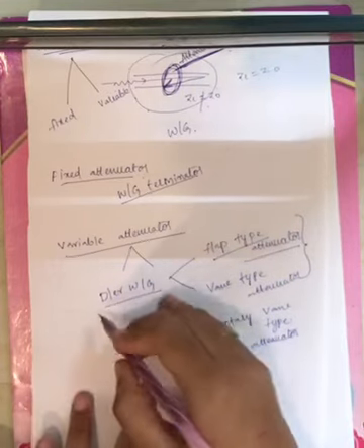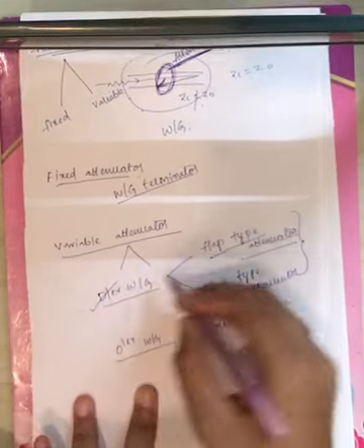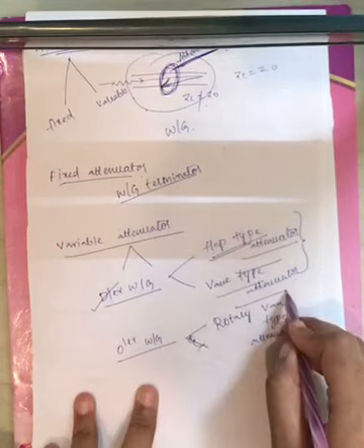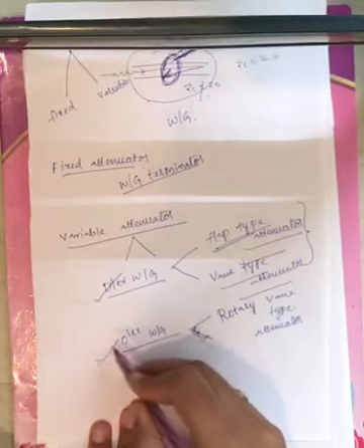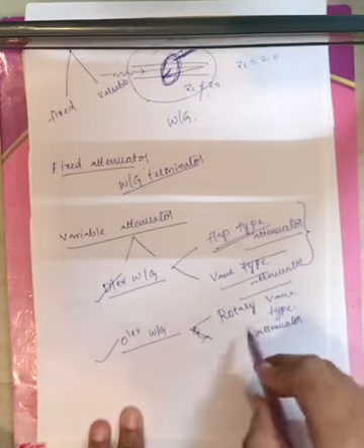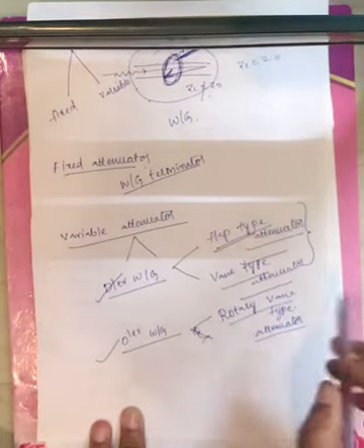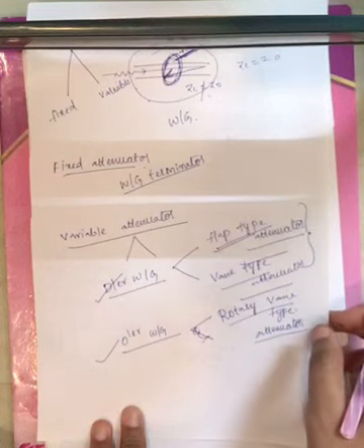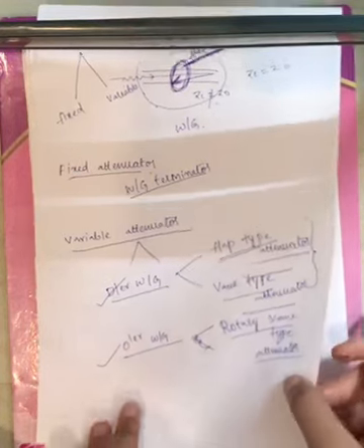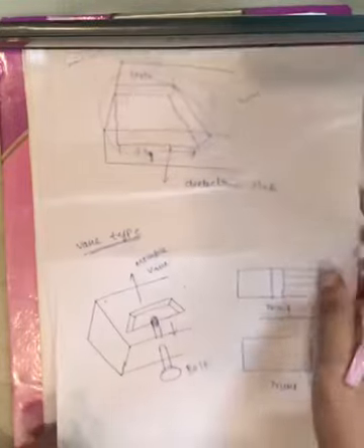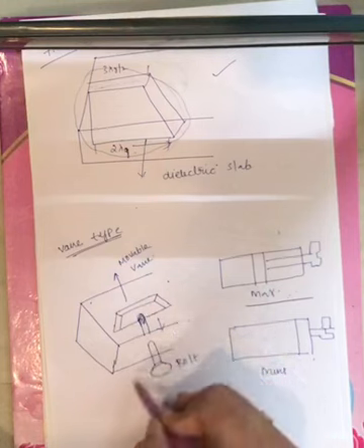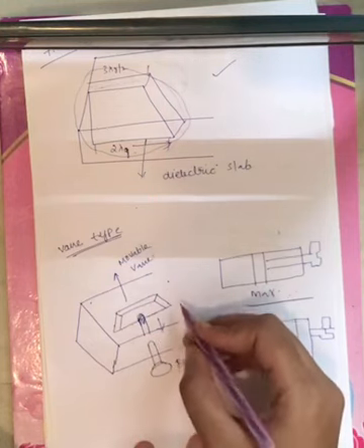Now if you want to observe the reflections in the rectangular waveguide, either you can use a flap type attenuator or a vane type attenuator. If you want to observe the reflections in the circular waveguide, you have to use a rotary vane type attenuator. Structures you can refer to in Google, right? Now I have drawn one type of attenuator, that is the vane type attenuator, in your rectangular waveguide. This is your rectangular waveguide through which you are transmitting the microwave signal.